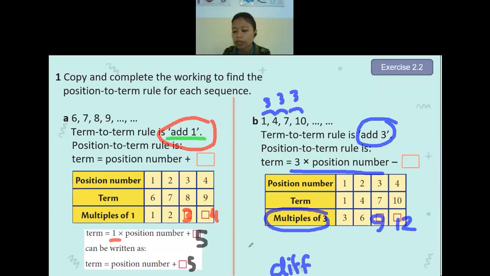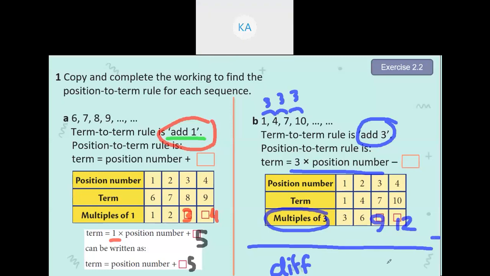After you're done finding the multiples of 3... Nicolas keeps on spamming, teacher. Sorry? Nicolas keeps on spamming. Yeah, I can see through the chat someone saying something. Maybe you can ignore the chat first because I will not reply through the chat, but you can type everything to the chat to tell me whatever your queries are. Because if you have queries and I read them, I will directly explain it. I will not type through the chat because I think my voice is audible enough for you. So I will directly answer your question by explaining it to you.